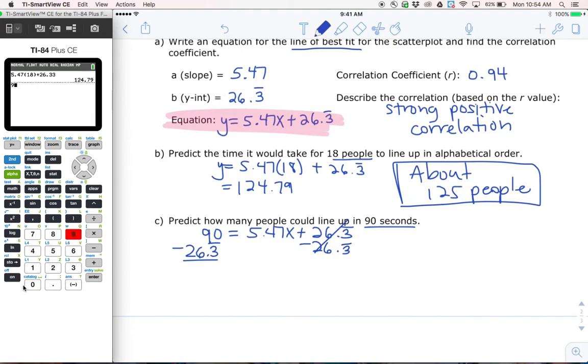So I'm going to get 90 minus 26.33. And so now I've got 63.67 equals 5.47x. So last but not least, divide by 5.47. And we've got x equals, let's see here, divide by 5.47,